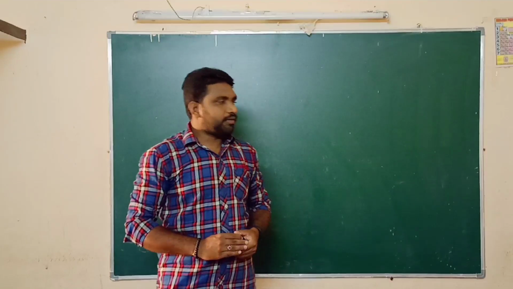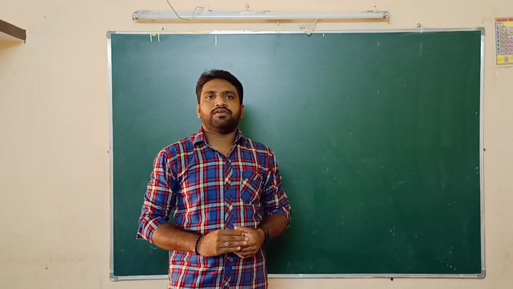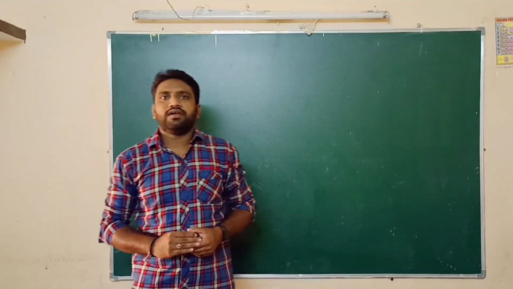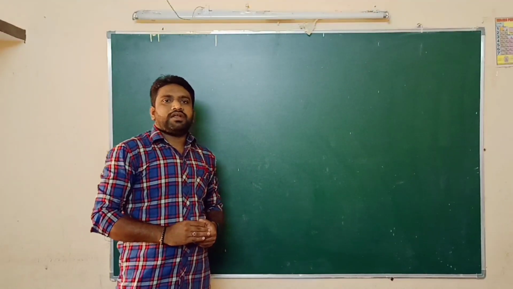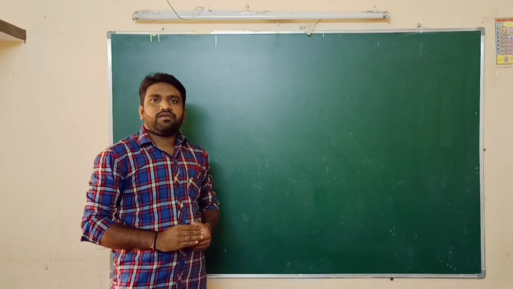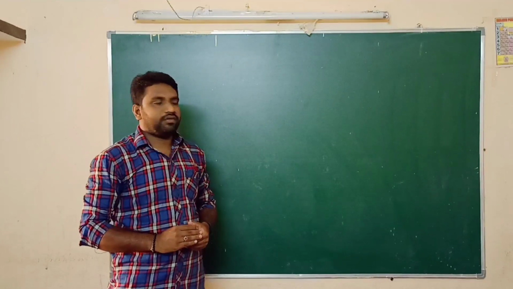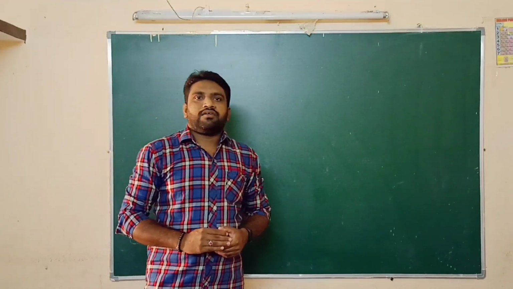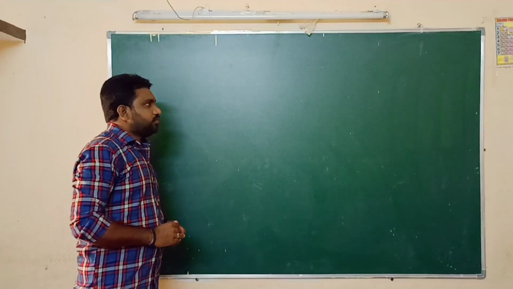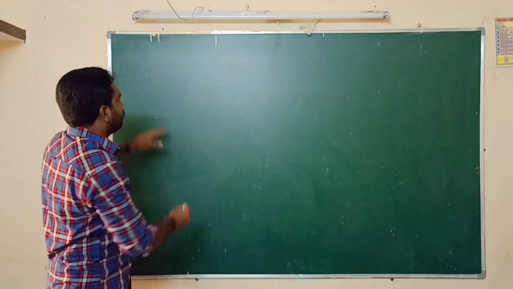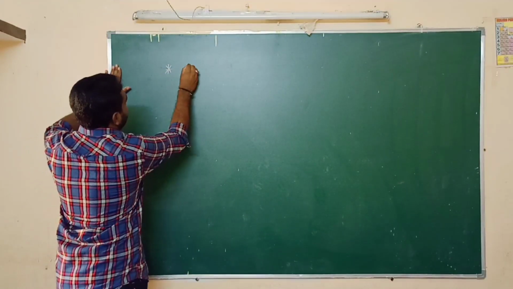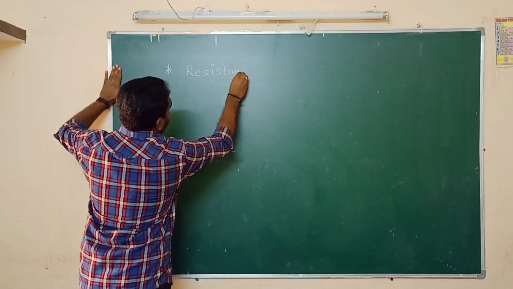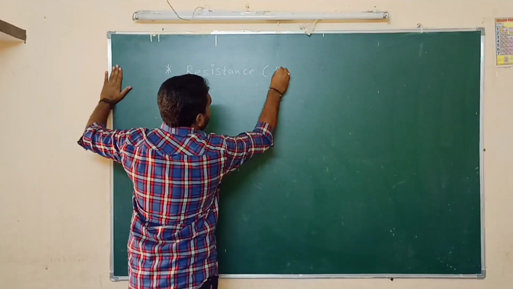Hi friends, in my previous video I explained the working of a battery and how it gets discharged, and at the same time we learned concepts like Ohm's law, limitations of Ohm's law and uses of Ohm's law. Our next topic is resistance. So in this class I am going to explain about resistance, denoted with R.